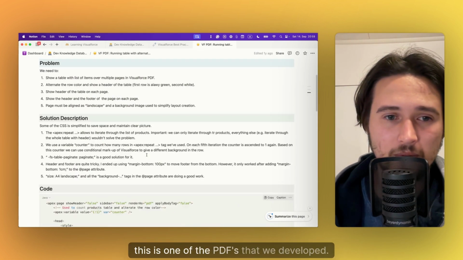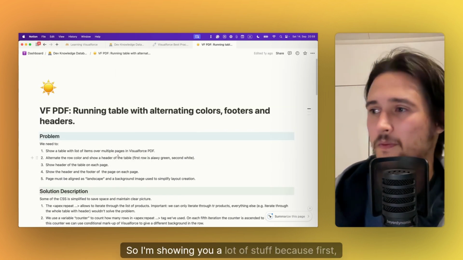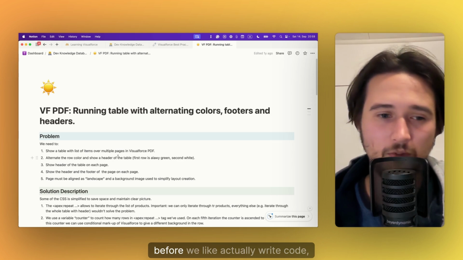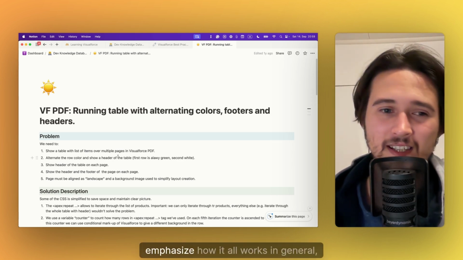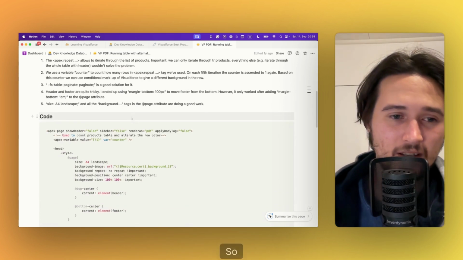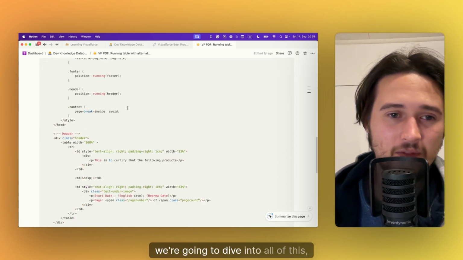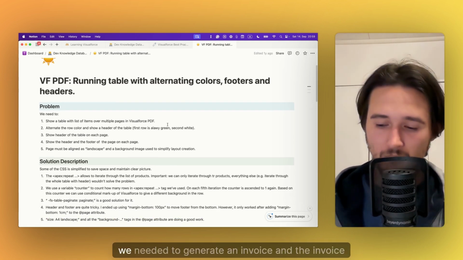This is one of the PDFs that we developed, right? So I'm showing you a lot of stuff because first, before we actually write code, I want to just show and emphasize how it all works in general before you even start, right? So we're gonna dive into all of this, but basically what we had there is that we needed to generate